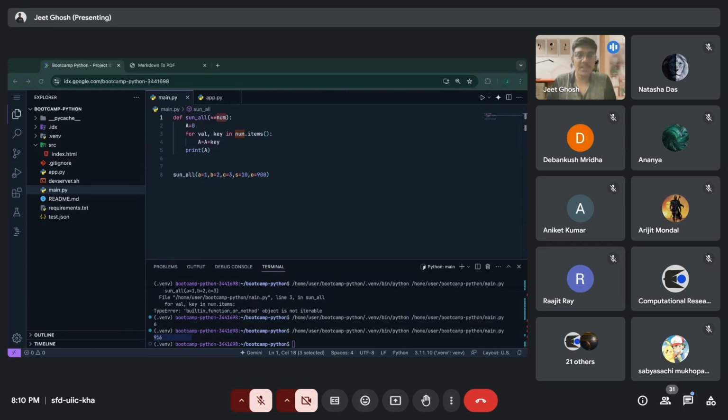হ্যাঁ, তো আমি কি করলাম, দুটো জিনিস লিখলাম, একটা আমি এখানে নেমিংটা ভুল লিখেছি, এটাকে কি করা উচিত, আর এটাকে ভ্যালু লেখা উচিত, যে আমি প্রতিটা আইটেমস এর কি আর ভ্যালু গুলোকে ইটারেট করছে, আর প্রতিবার ভ্যালুটাকে এর সাথে যোগ করছে। এখানে ডিকশনারিটা এরকম তৈরি হবে, a is to 1 comma b is to 2 comma c is to 3 comma